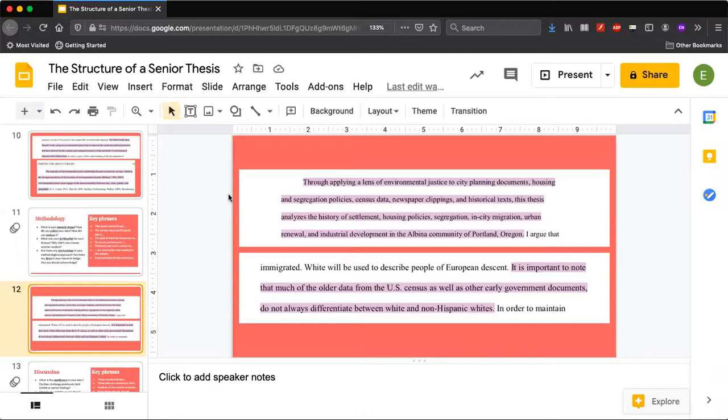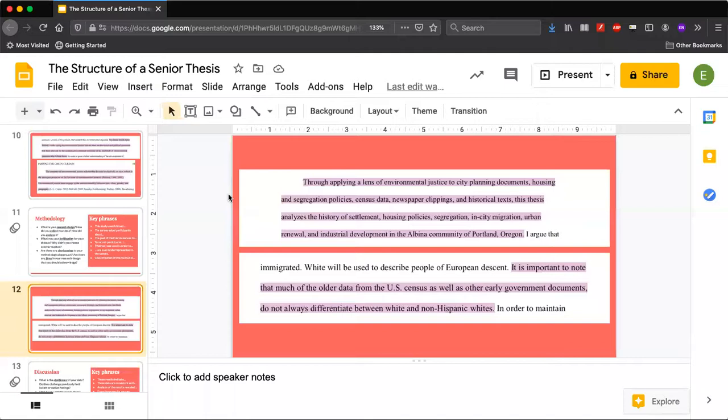Through applying a lens of environmental justice to city planning documents, housing and segregation policies, census data, newspaper clippings, and historical texts, this thesis analyzes the history of settlements, housing policies, segregation, in-city migration, urban renewal, and industrial development in the Alpena community of Portland, Oregon. Okay, so here the student is clearly laying out the kinds of primary documents that they analyzed